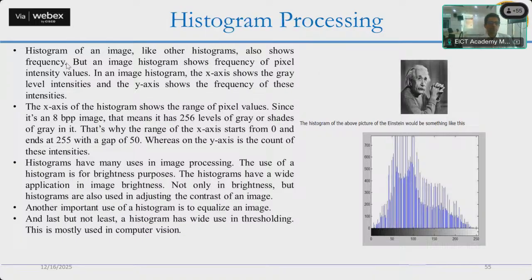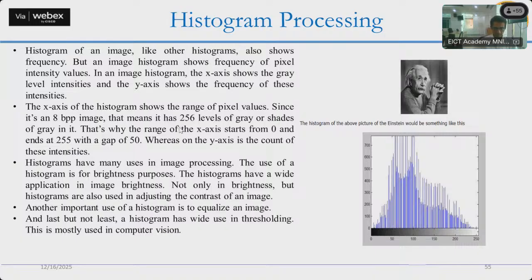So what is basically the histogram? As we just discussed, a histogram shows the frequency or the count, and an image histogram shows the frequency of pixel intensity values. In an image histogram, the x-axis shows the gray level intensity, and the y-axis shows the frequency of these intensities. The x-axis of the histogram shows the range of pixel values. Since it's an